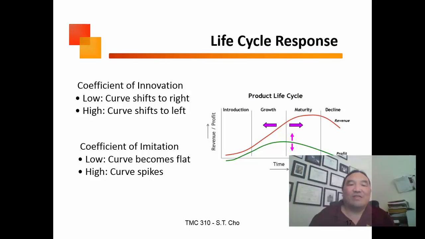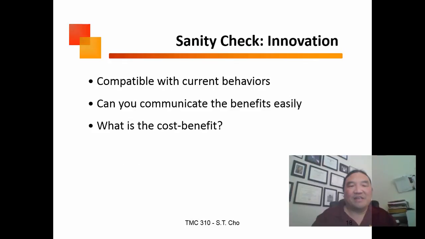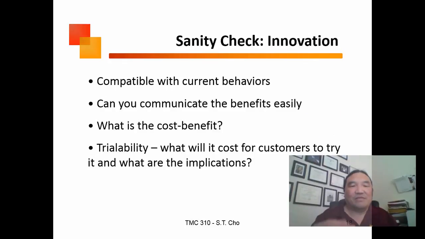On the other hand, in terms of imitation, if my market is full of imitators, then what ends up happening is the curve goes flat. And that's that early on, people just aren't going to be all that interested. On the other hand, if I have a lot of imitation, then my curve is going to be more spiky shaped, just because a lot of people are going to come on board very rapidly. The thing is, when I look at innovation, I have to think about my cost benefits and how do I go about